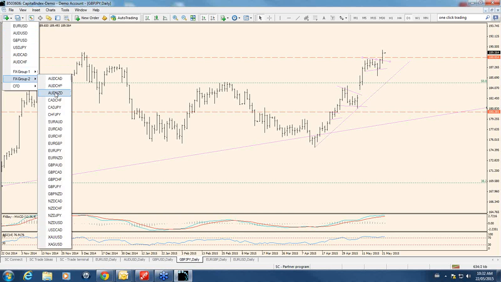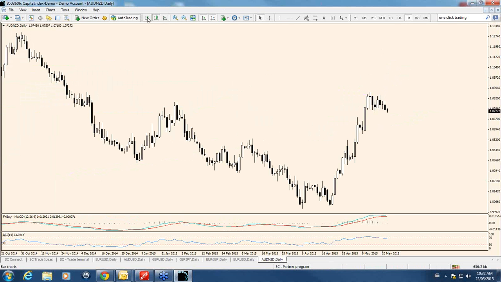There was AUD New Zealand. Okay, I'll go to that. And in the last several days, you could see a very strong move up, and you can also see those continuation patterns in here. You can see those flags, even in here. I know I draw it like this, but you can go through history and see when they've been